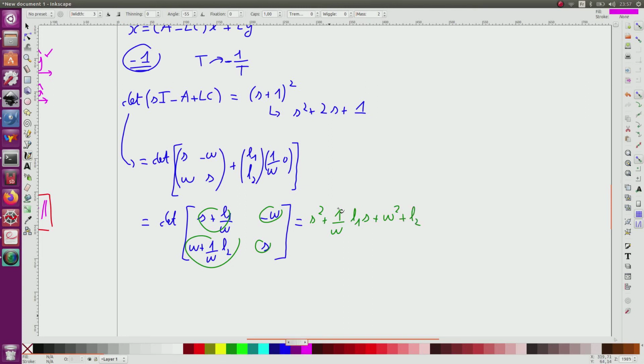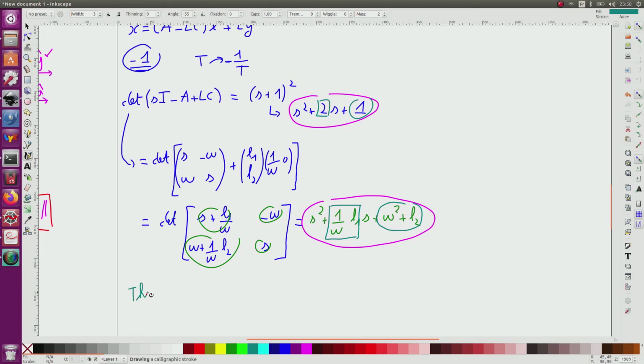So now, since I want this polynomial equal to that polynomial, it means that this should be equal to 2 and that should be equal to 1. From this, I conclude that L1 is equal to 2 omega and L2 is equal to 1 minus omega squared. Or equivalently,